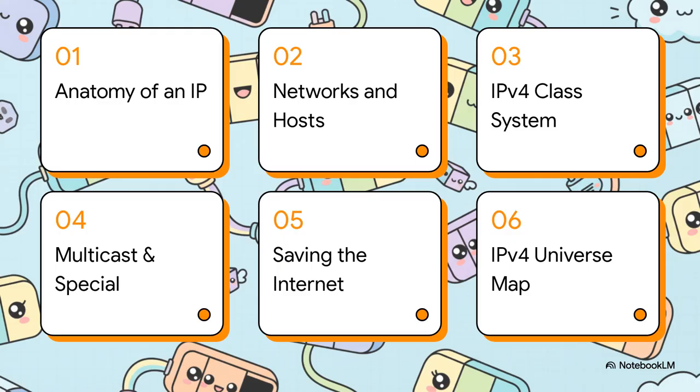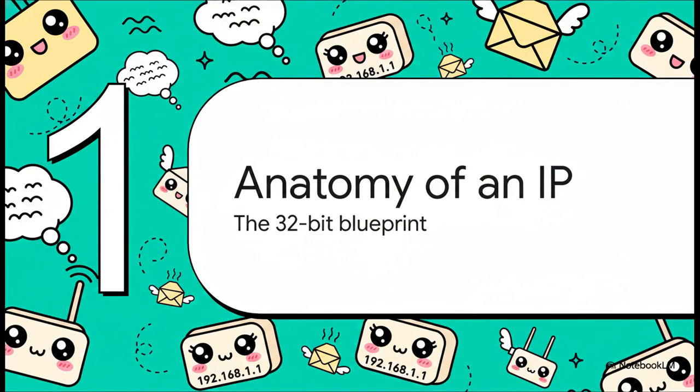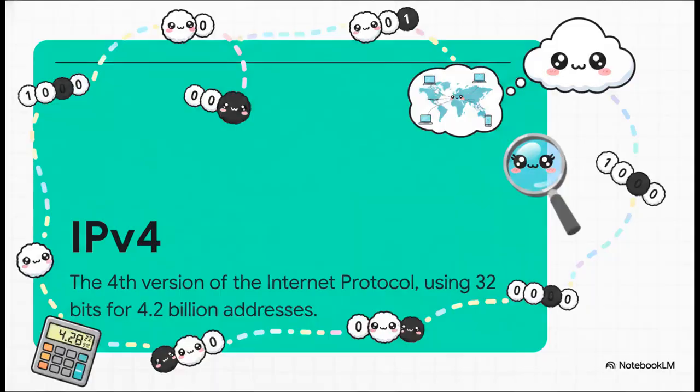Let's get into it. So, Section 1, the anatomy of an IP, understanding the 32-bit blueprint. We hear the term IP address all the time, right? But let's actually look under the hood at the core logic. The absolute most crucial thing to grasp here is that IPv4, the fourth version of the Internet Protocol, gives us a very strict, uncompromising boundary. We have exactly 32 digital bits to play with, period. Mathematically speaking, 2 to the power of 32 gives us roughly 4.2 billion unique numerical addresses for every single device